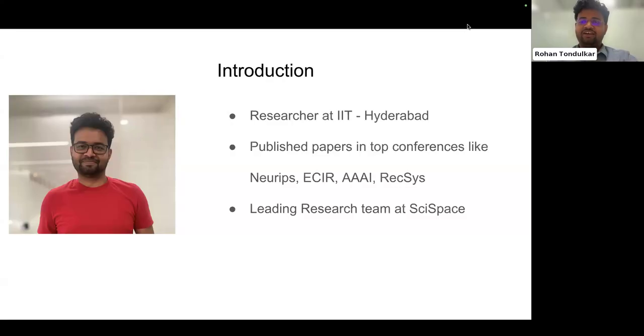So quick introduction. It's important that we also have some researcher insight, and that's why a researcher can also understand what are the pain points that other researchers go through. So that helps a bit.